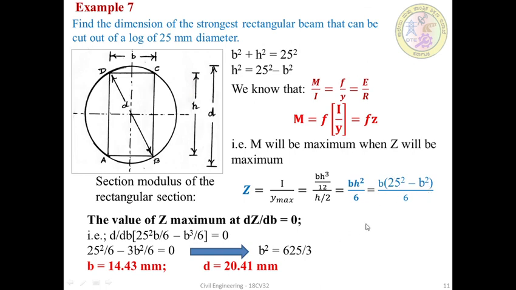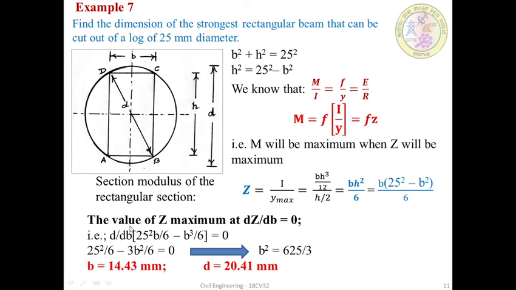Again, for the maximum value of the section modulus, the breadth should be 0, meaning there is no hollow portion. If a hollow portion is there, it is considered a weak portion. When b is 0, it is a solid circular section. So the partial differentiation of the section modulus with respect to b will give the maximum value for the section modulus.